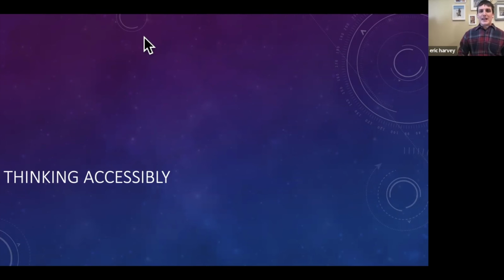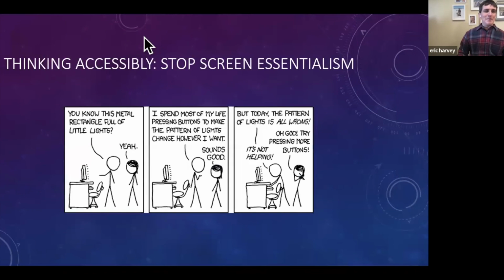In order to start thinking accessibly about the digital humanities, we need to address some common pitfalls. This is one of my favorite cartoons to describe an unproductive way of thinking about accessibility. Here, the image is a three-panel cartoon showing a dialogue between two people. The first person says, "You see this metal rectangle full of tiny little lights?"